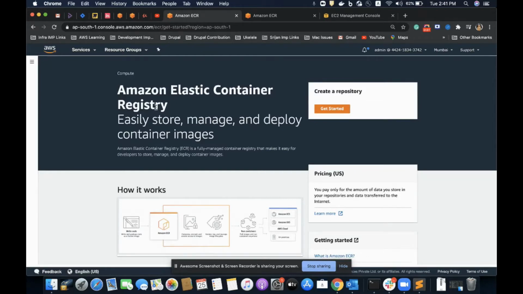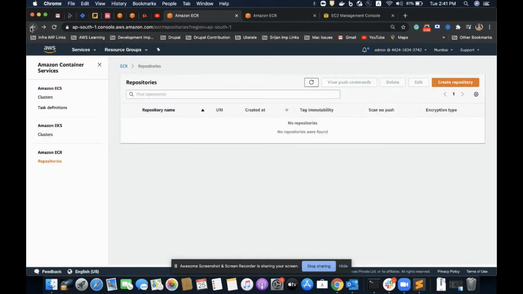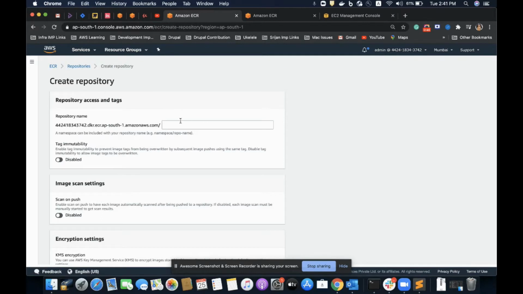This is a service which lets us push our Dockerized images, and it stores and manages our images easily. Let's start by creating our repository first.